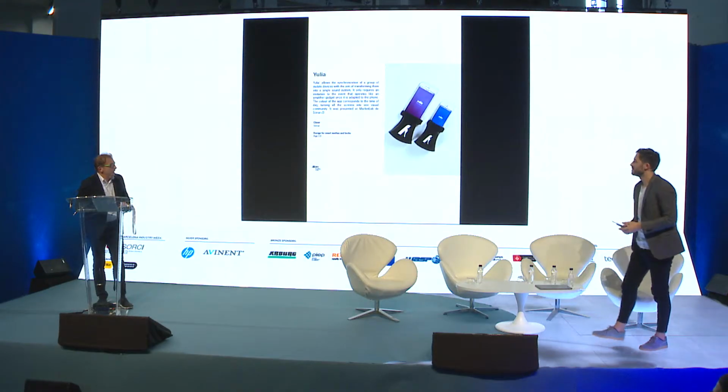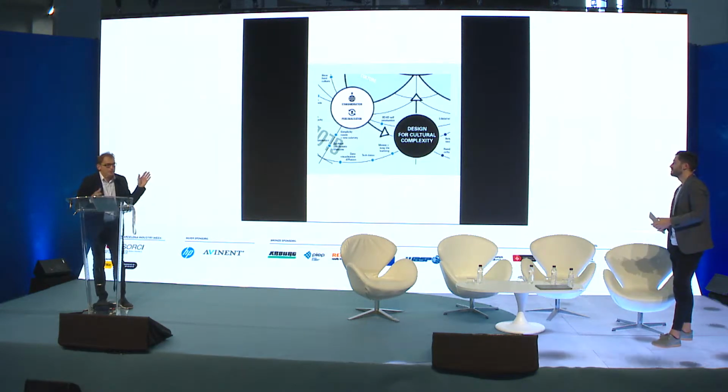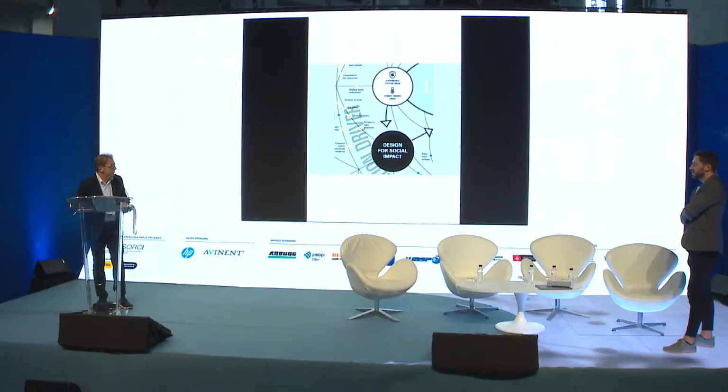Okay, the last two tendencies, and I'm finished. One is about the cultural complexity. We strongly believe that design process is something that could be very useful to understand and to develop a universal language for different cultures. And the last two tendencies and the last scenario, and I'm finished, and maybe we will have more time to speak about this, is about the